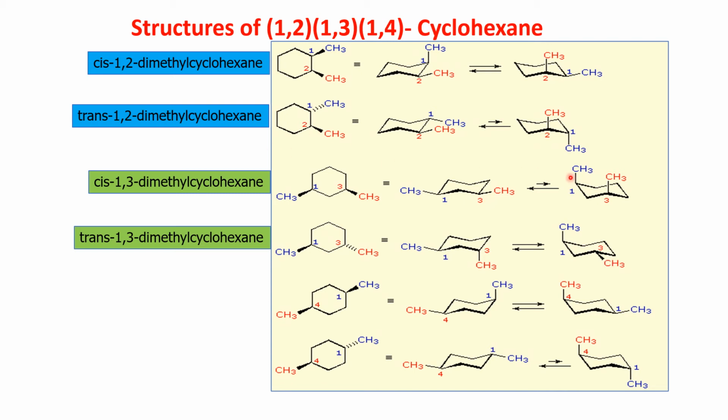So if you keep 1 in your mind, just the reverse of this is the 1,3. So this and this are the same. 1,2 and 1,4 are the same. I already showed this in the earlier tabular column itself.